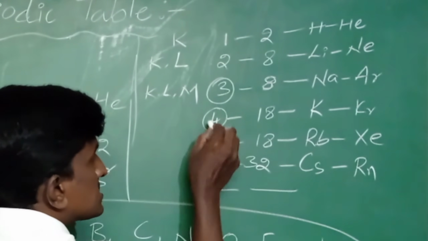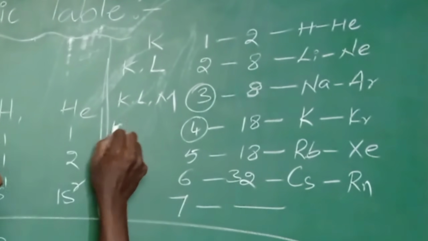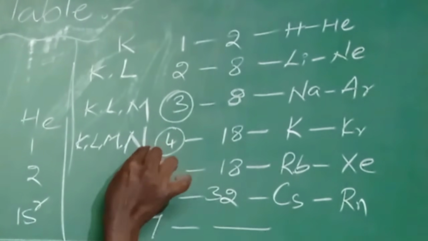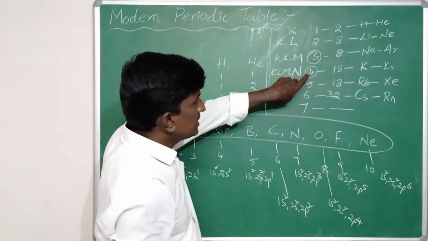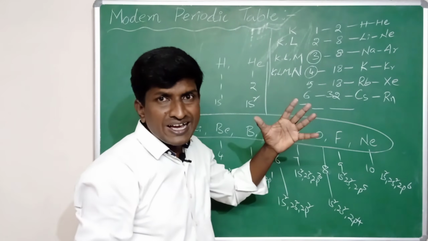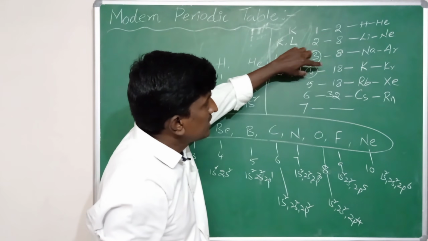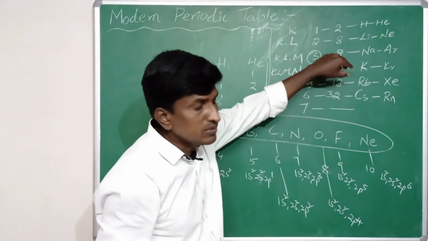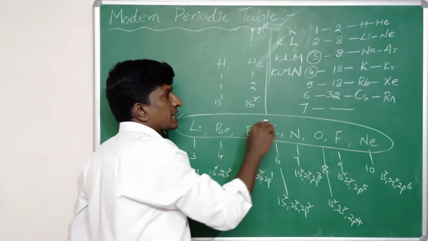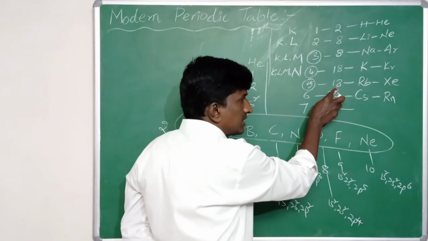Similarly, the elements of the fourth period from potassium to krypton have K, L, M, then outermost shell N, the fourth shell, that's why they belong to the fourth period. So here 2 s block elements and 6 p block elements, total 8, and 10 d block elements. From the fourth period d block elements come into order. There are 10 d block elements in the fourth period, and the fifth period also has 18